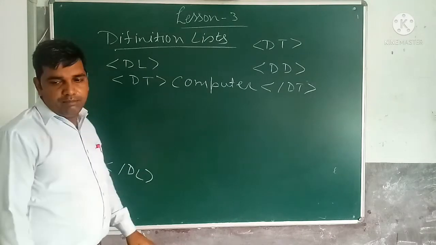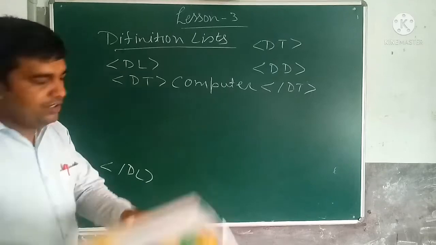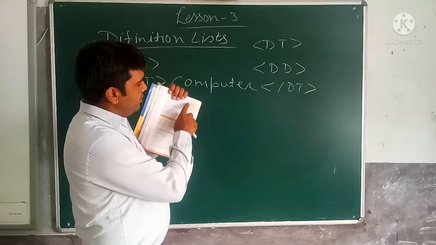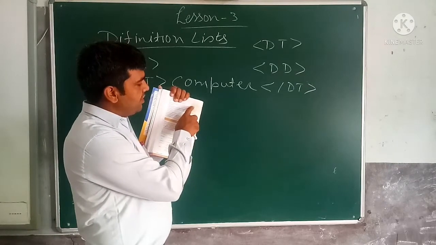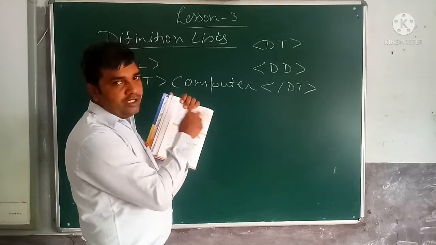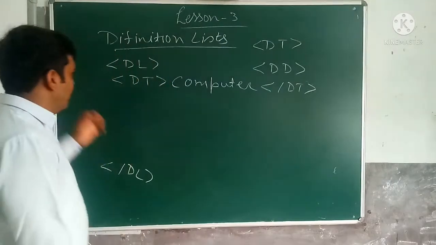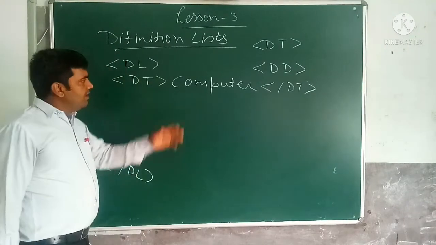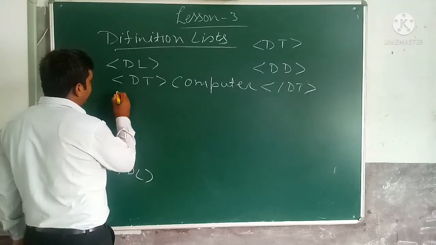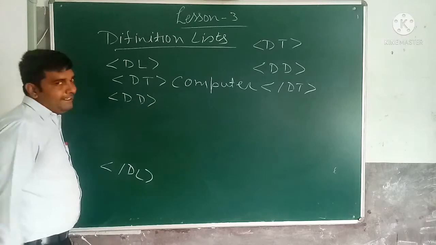And anywhere in the book you can see how definitions are written. As you can see here, the definition of DNA is given. So DNA, and in the next line there is a change of line and some space is left from the beginning, which is called the indent. Some indent is given. That shows it is the definition of the above term. So here the definition of computer is written, and now its definition is written with the help of the DD tag, definition description. So what do you write? DD.